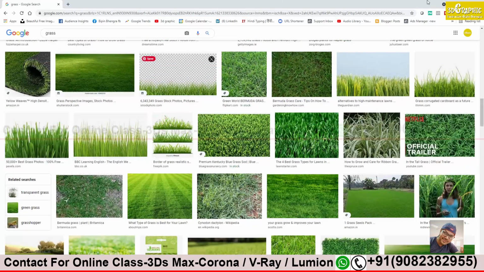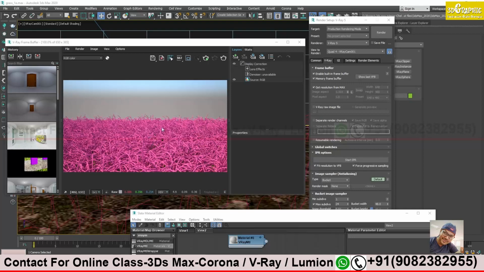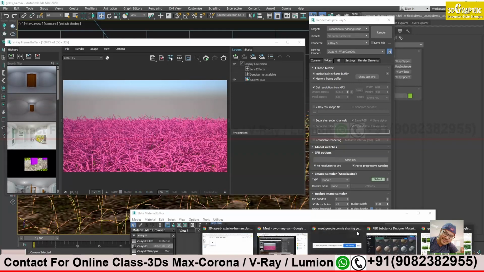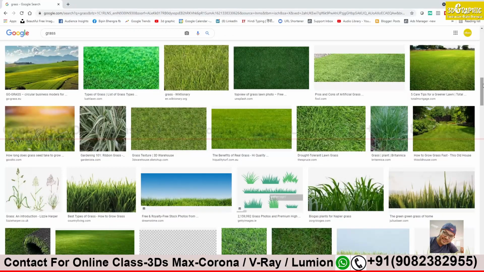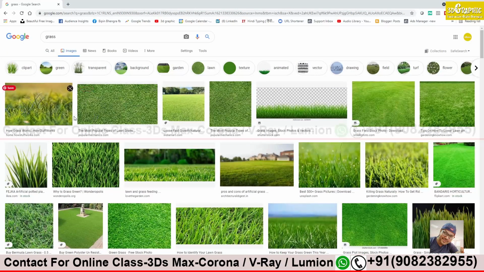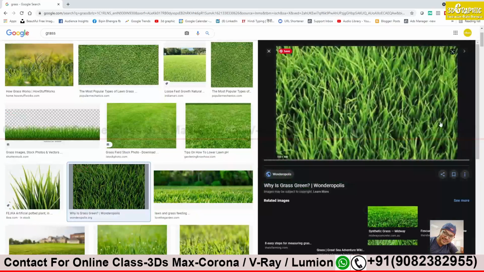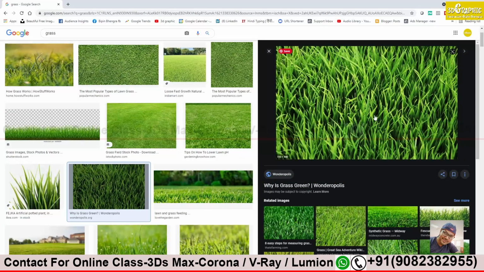From the camera angle, I'm just trying to take it to match my camera angle only. I'm trying to look at the grasses, and it should be a little bit near so that I can see the grass properly. Just take this one. Texture and all depend upon my texture, so we will see textures later on. About the size.